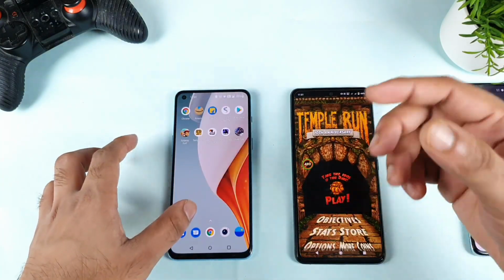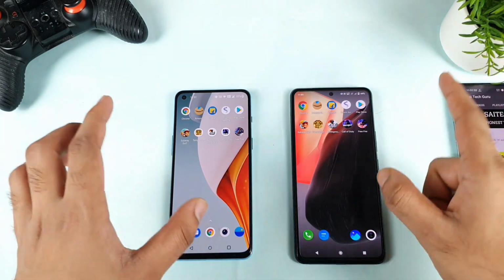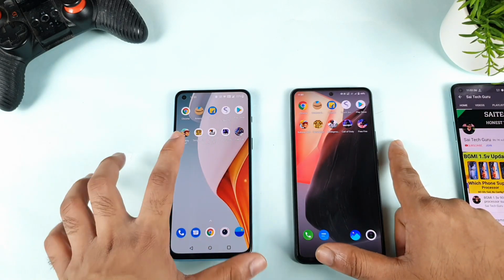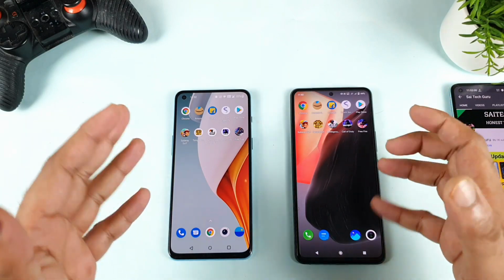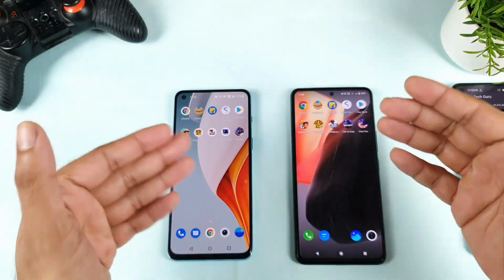So in the previous videos, I did the speed test in the OnePlus Nord 2 without doing a restart. If you don't do the restart in the OnePlus Nord 2, what happens is that you can actually store only 3 games. Yes, it did happen in the previous speed test results. I just wanted to check what will happen if you don't do the restart. That is the reason in those videos I did not do the restart before starting the speed test.